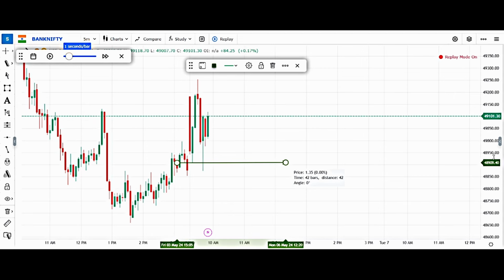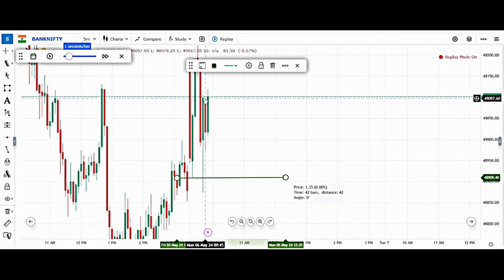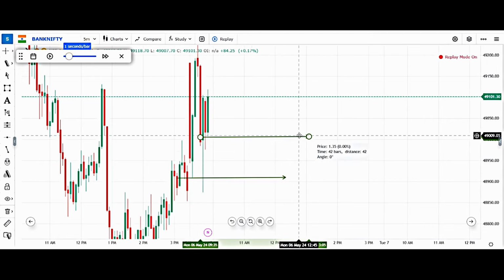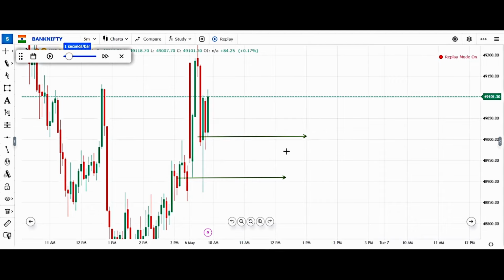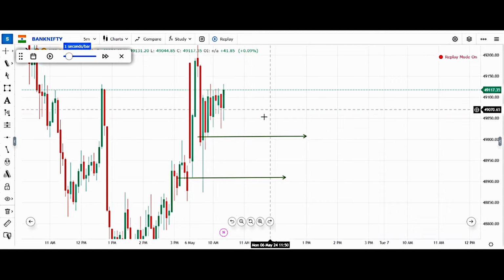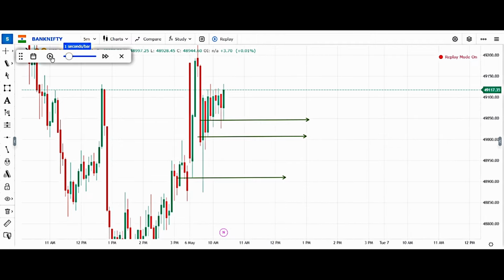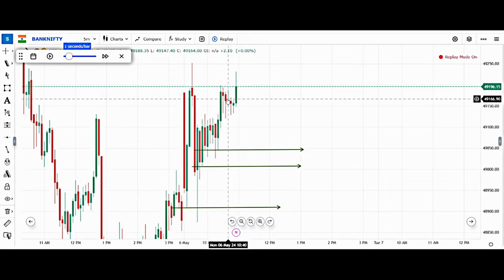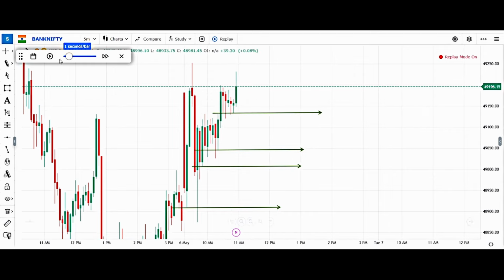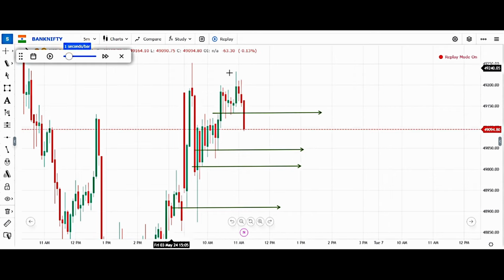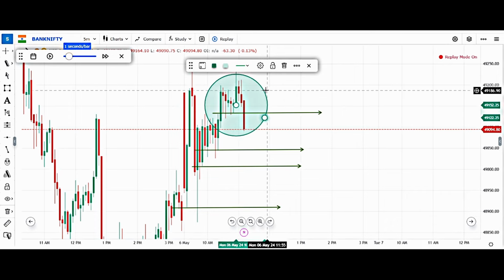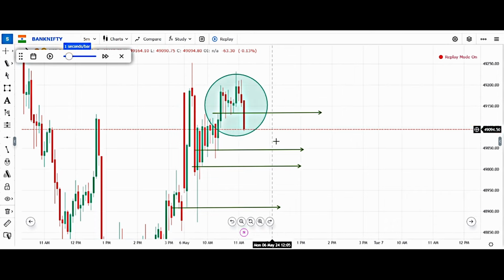Again, if you see here, it has clearly closed above it. So we will make another arrow and we will move the support here. Let's see what happens. So it has again broken this, right? So our supports are moving upwards. If you see here, it has broken this high and closed above it. This is the point where it broke and it defeated the buyer. So this was the point where buyers got defeated. Now you need to take the entry here.